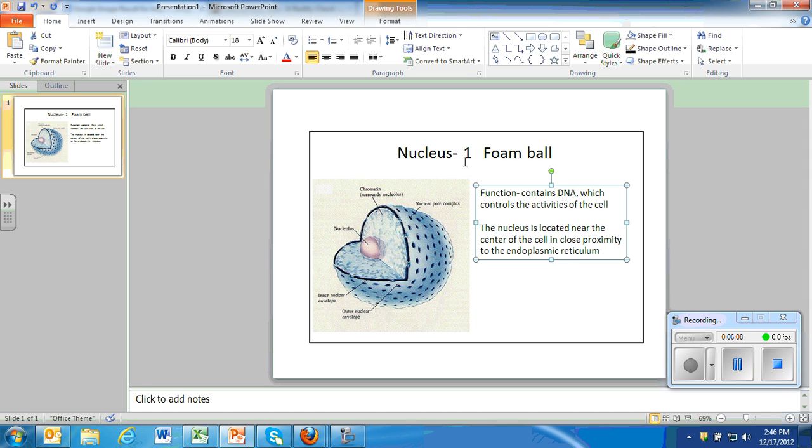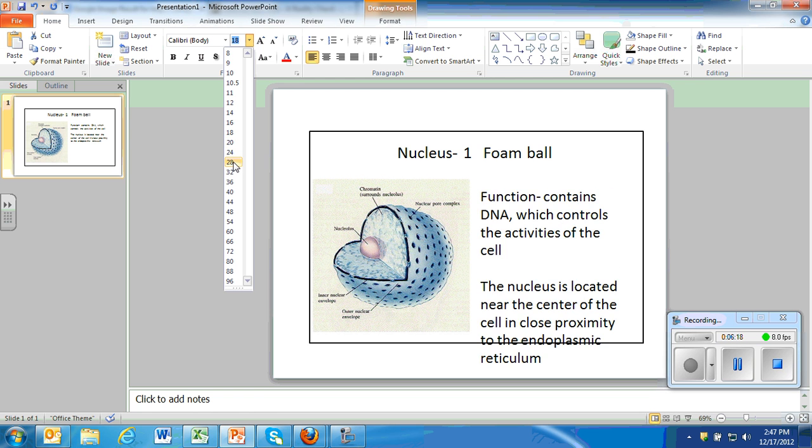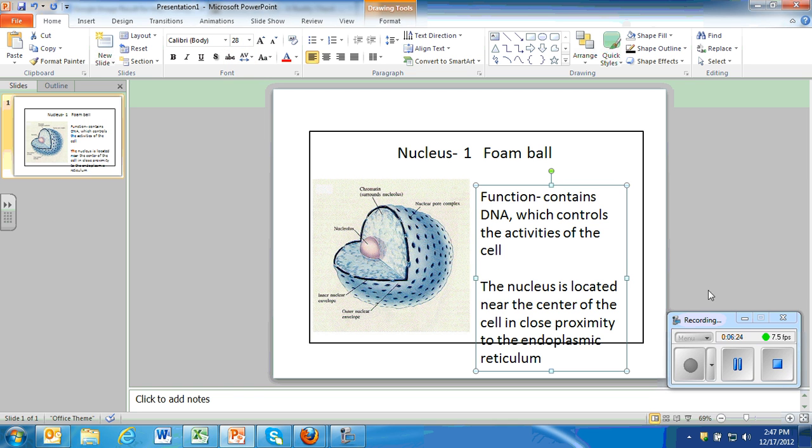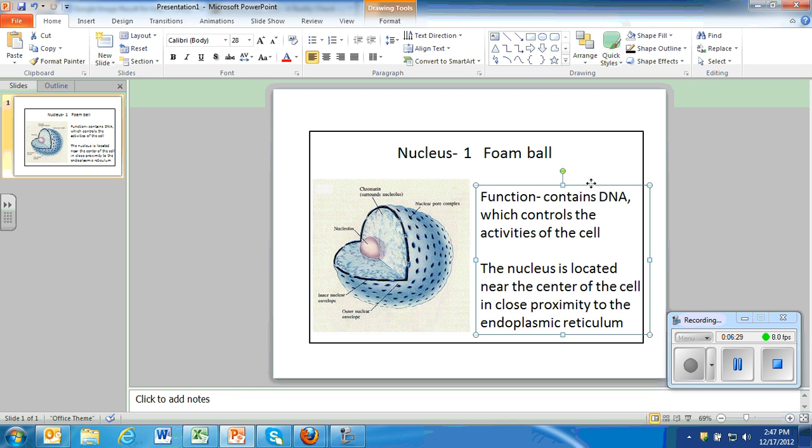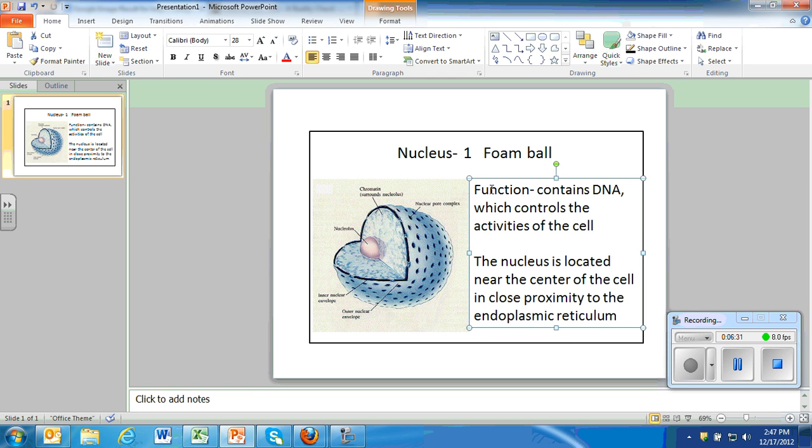So I'm going to enlarge this font size so that it fills the card and fills the space, and it's easier for the instructor to read. So I click on the outside of that box and go back up to the font area of the Home tab, and I can see it'll show me how much space it's going to take up. 28 looks like it might be okay if we stretch out this text box a little bit. So I'm going to stretch it out, and I'm going to move it up. I'd also like you to boldface,